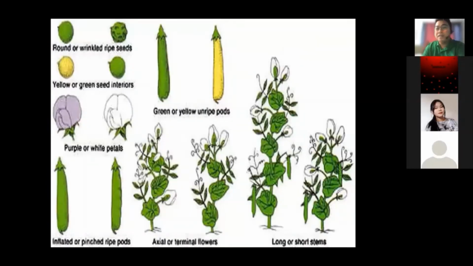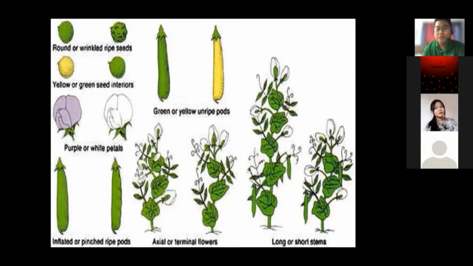So these are the peas that he experimented on. So round or wrinkled ripe seed, meron kasing peas na nagbe-bear ng wrinkled seed. Meron din namang round or yung bilog siya. Hindi siya ganun kakulubot. Meron din naman yellow or green seed interiors.